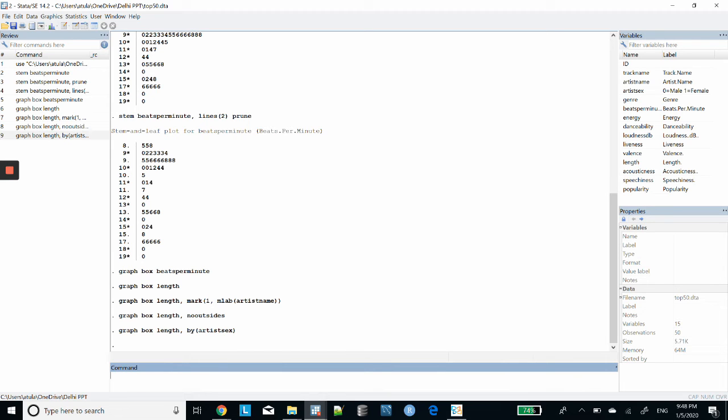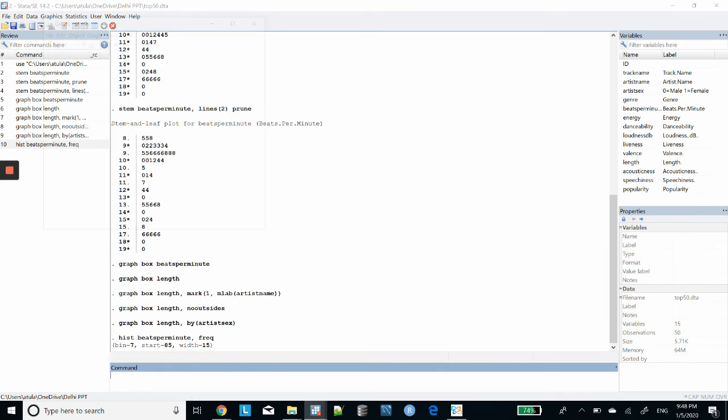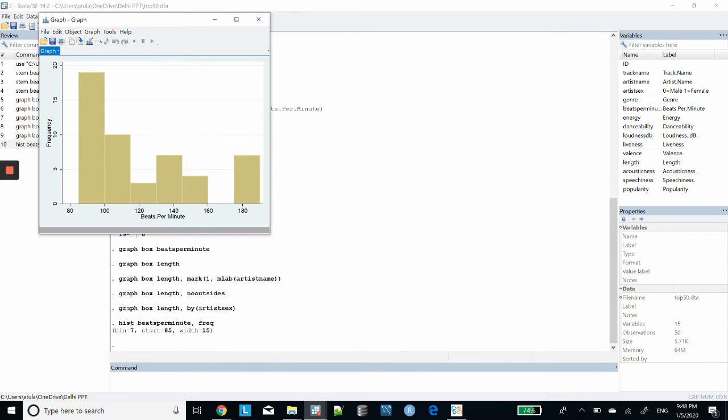So let's look at histograms, for a histogram distribution of beats per minute. And I would like to have a frequency distribution, so I'll add frequency at the end. There you go. So Stata provides me with a histogram. As you can see, by default, Stata considers the values as continuous rather than discrete. It's something we'll get back to later. But suppose you would like to visualize this histogram in a better way and look at the distribution in a better way, what you can do is